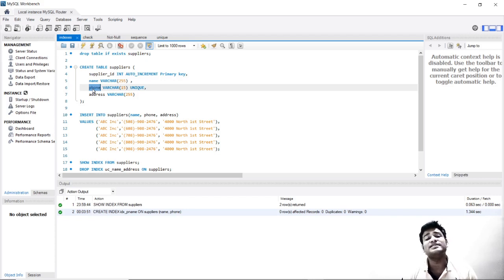Now whenever you insert a new record, what will MySQL do? MySQL will go and hit the middle record. It will see the middle record. Now all the records above it will be either smaller or greater, as per ascending or descending. If it is sorted in ascending order, all the records before this will be smaller and all the records after the middle record will be greater, right? So this is the mechanism. Whenever you insert a new record, it will see if it matches the middle record.